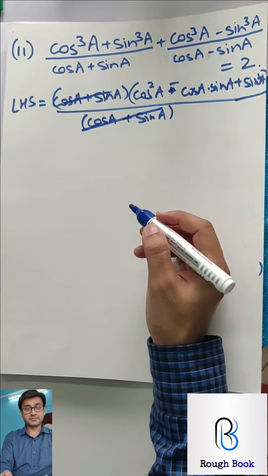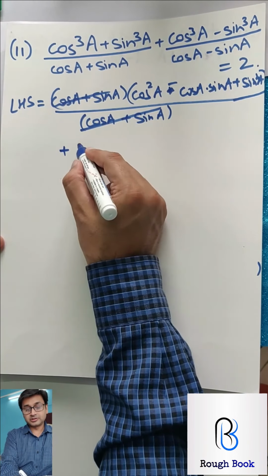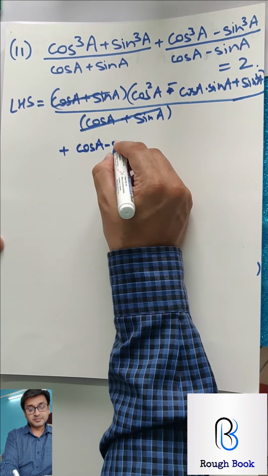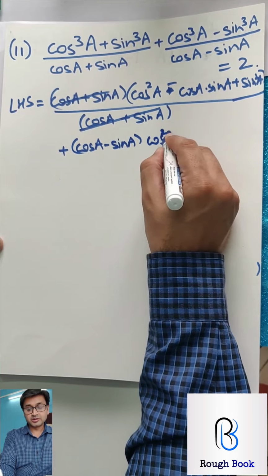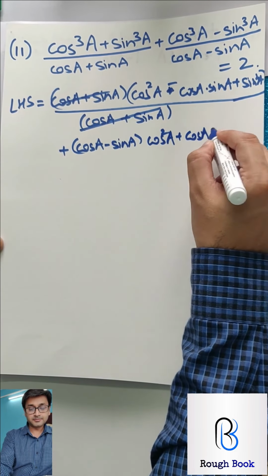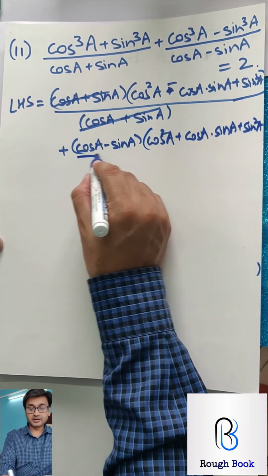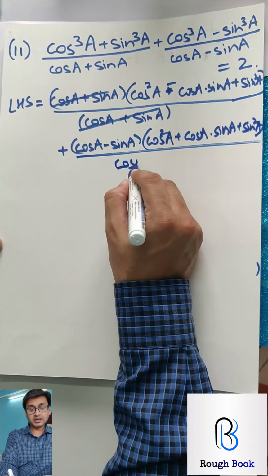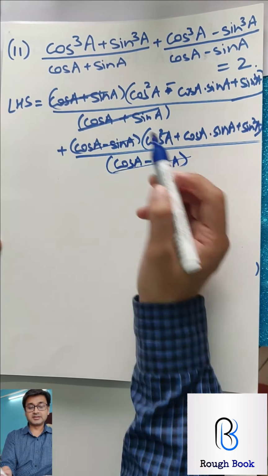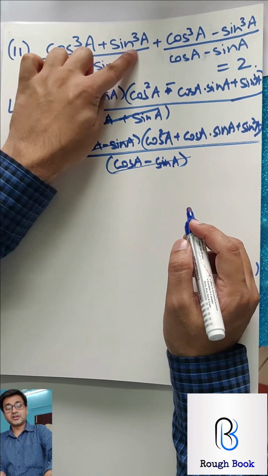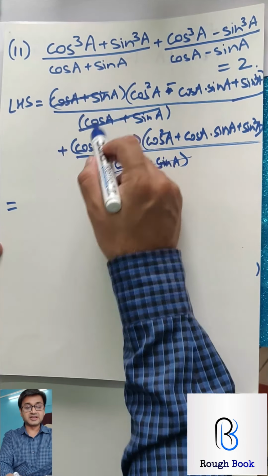So this gets cancelled. Now the second part, so plus, what will happen for this part? It is a minus b this time. Since it is minus, first minus, then both plus. So a square plus ab plus b square in another bracket upon a minus b, that is what is here. Yeah, so that cancels again. We just did the expansion of this part and the expansion of this part, nothing else has been done, and we found these things getting cancelled.